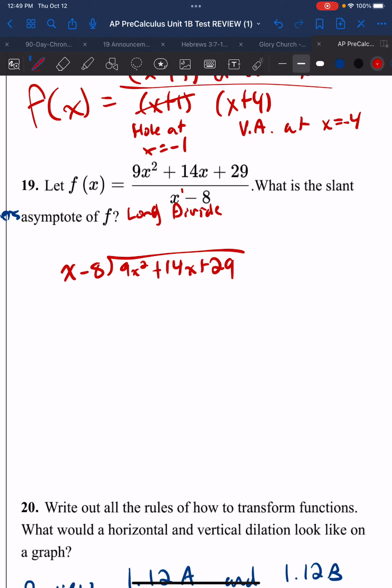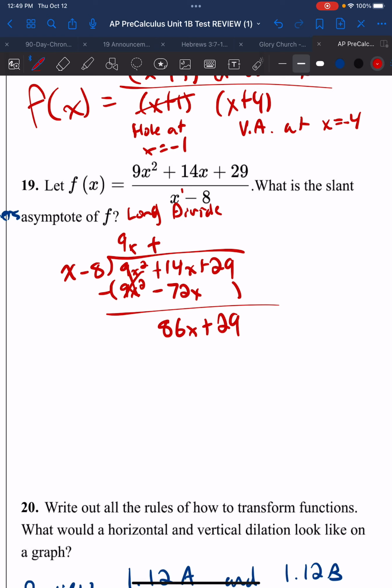Just divide here. 9x squared divided by x gives me 9x. And then I'm going to have 9x squared and a negative 72x. Just make sure my mental math's right. Yep. These will cancel out. And then I've got 14 minus a negative 72, which gives me 86x plus 29. So then I've got 86x divided by x, which is going to be positive